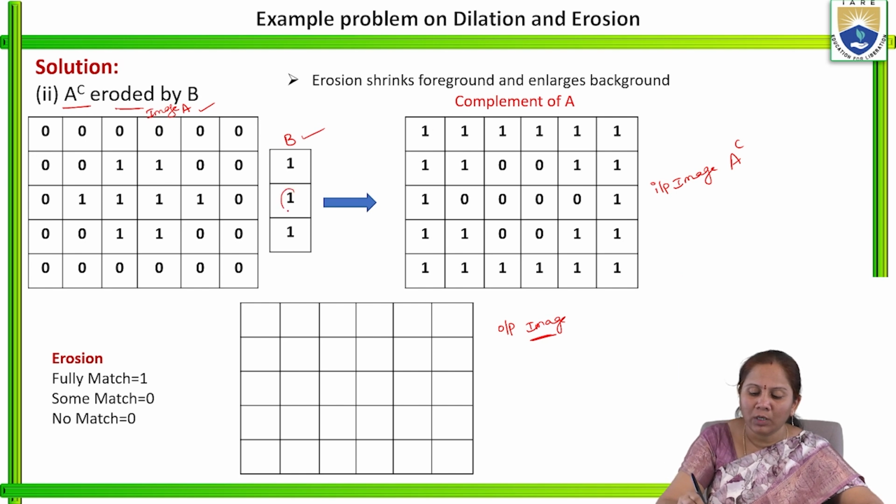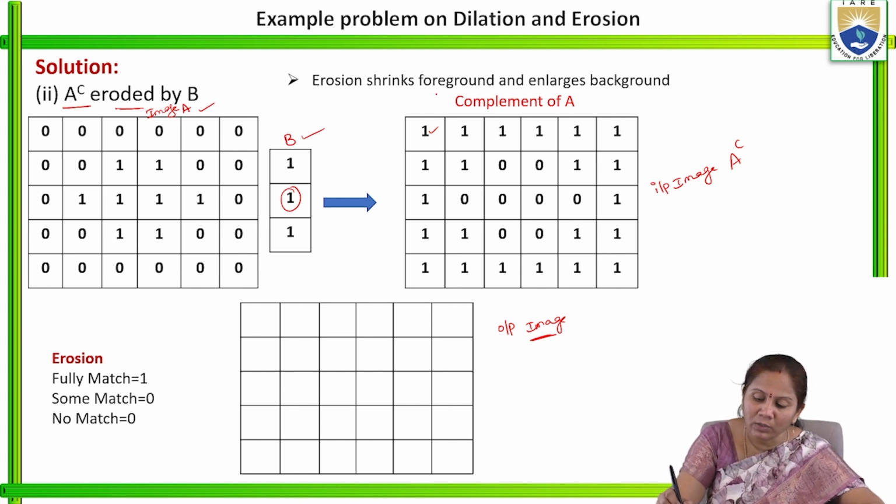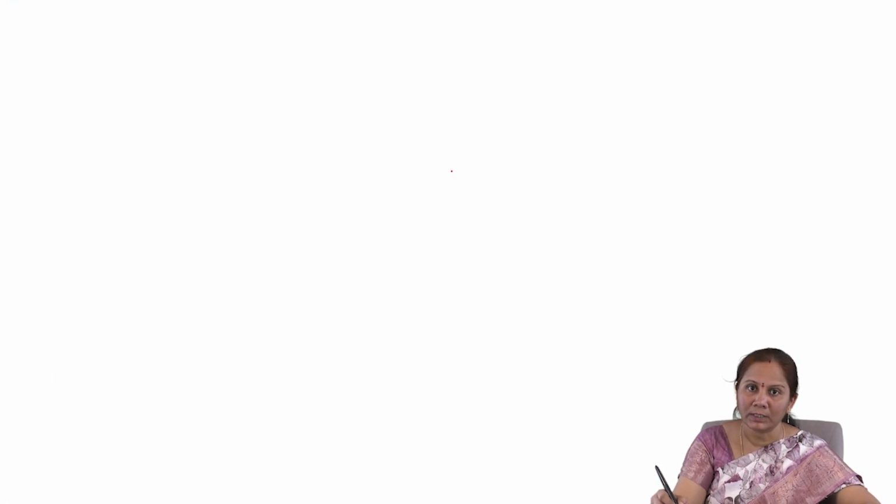So this is the origin of the structuring element. In order to find the first pixel value, we need to consider the origin on this pixel. So how will the structuring element be placed here? Like this, the structuring element will be placed. Here 1, 1, 1 are the elements of the structuring matrix, and here if you consider, no element is available, but here both are ones.